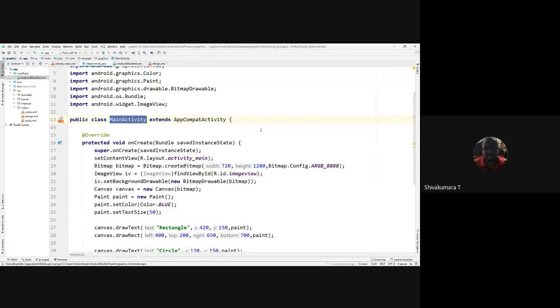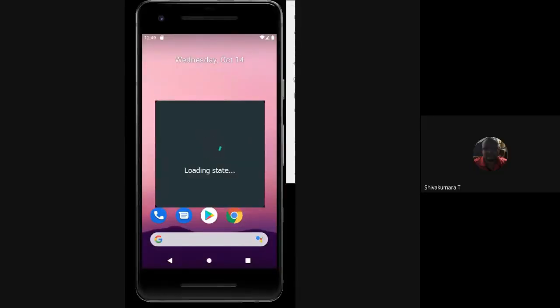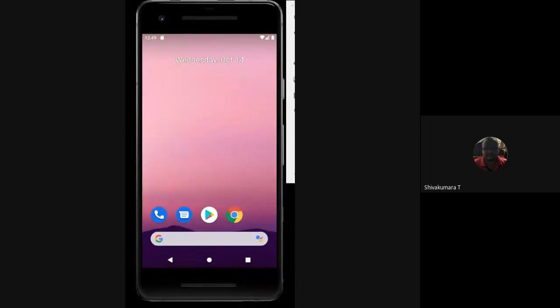Now run the code. It takes a little time to load the emulator.